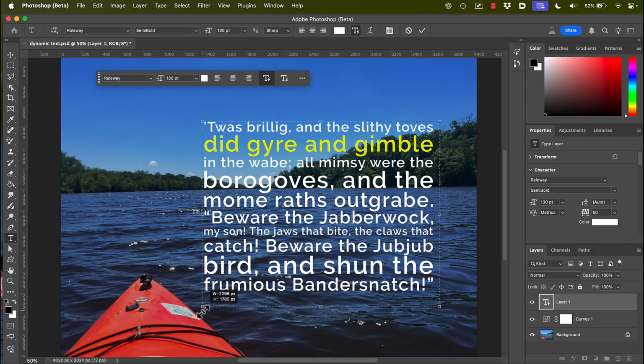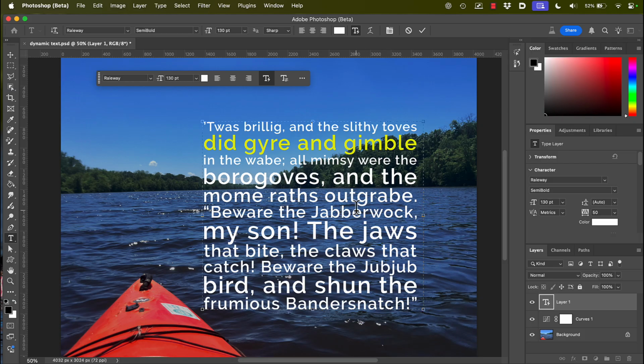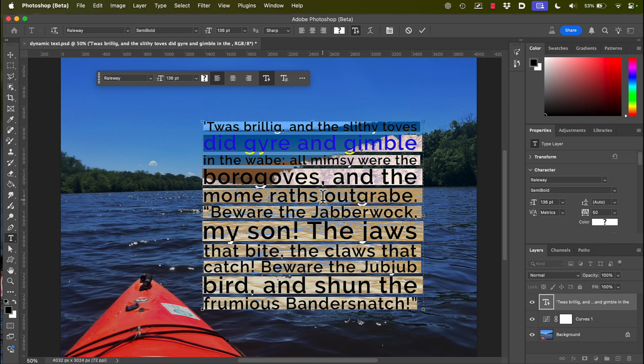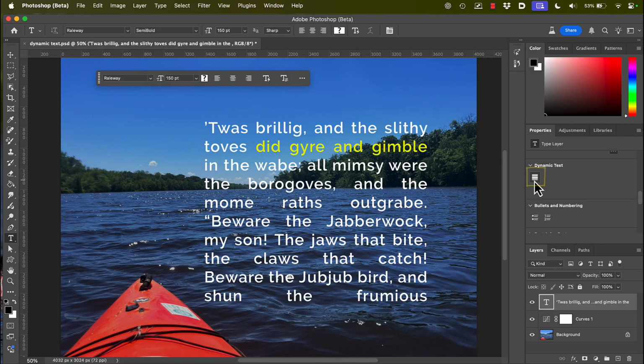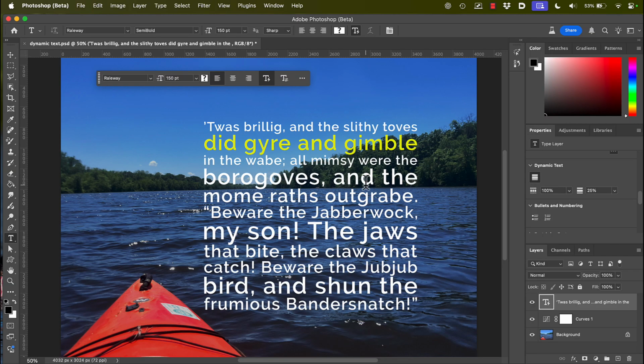What if I change the font size of this entire block? So I'm going to select all, and let's make it, say, 150. And notice it's not actually doing it because this is dynamic text. I can't treat this the same way that I treat regular text. But in the Properties panel, let me scroll down a little bit, and you see where we have type options. And I scroll down here, you see dynamic text, and there's this little icon there. Now, if I click that, it's the same thing as clicking that and turning it off. So I'm going to turn it back on again, and it retains the formatting.